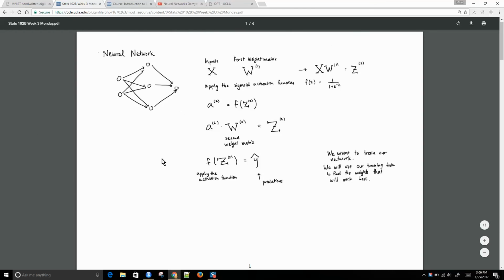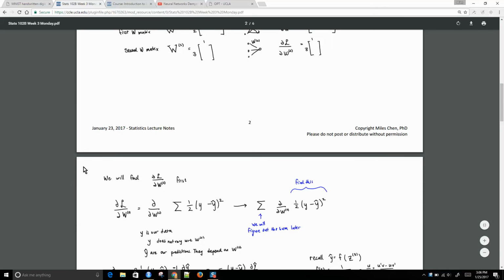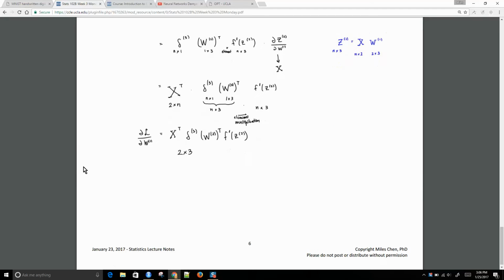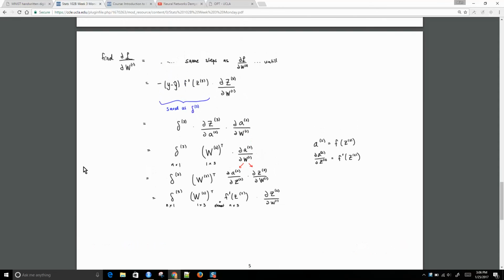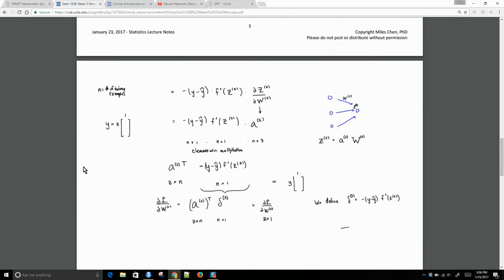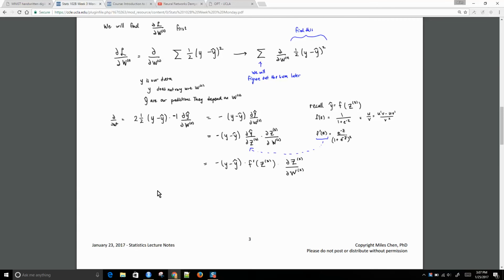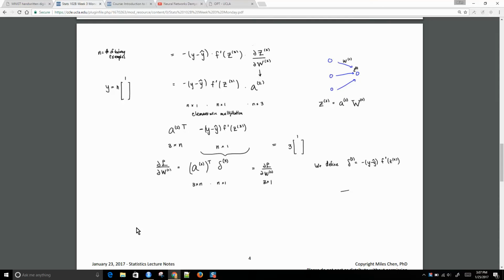We set this up, went through and took our derivatives, which we call backpropagation, and so we ended up calculating the derivative with respect to W2 and the derivative with respect to W1. So here we got the derivative with respect to W2 as this, A transpose, and then our delta is